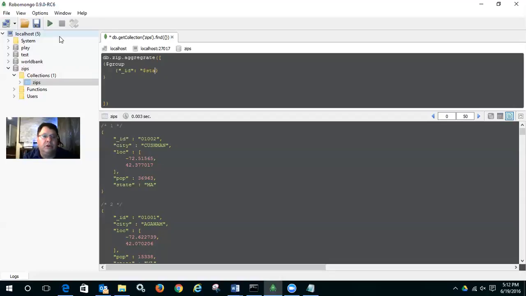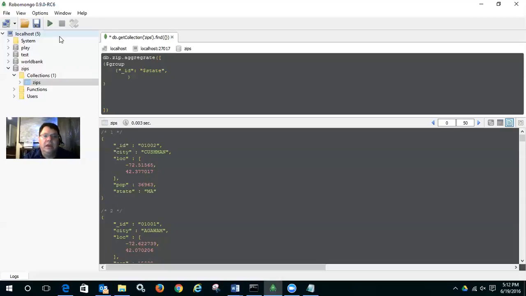The attribute or the field is named state. And we would like to perform a count on that, and that's really just a label there. The magic that makes the count happen is I say give it the sum